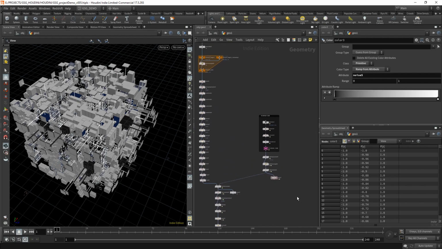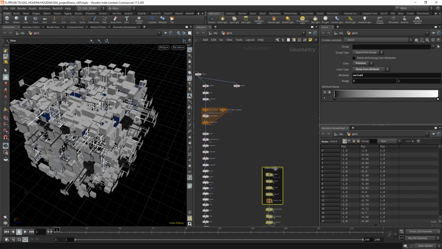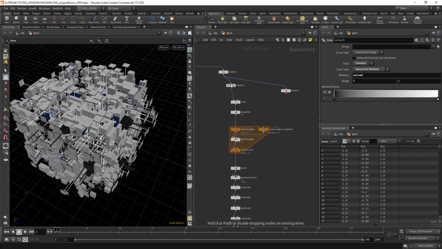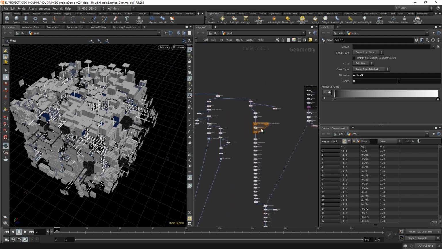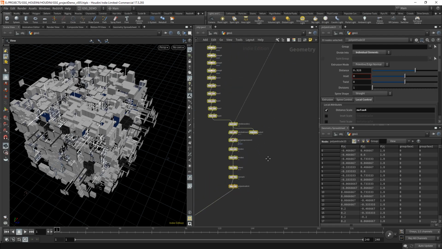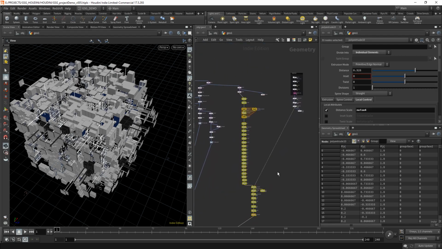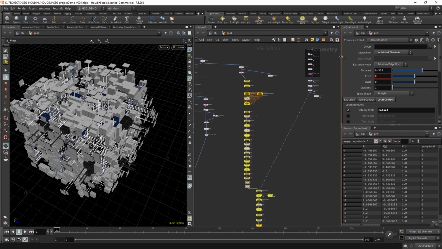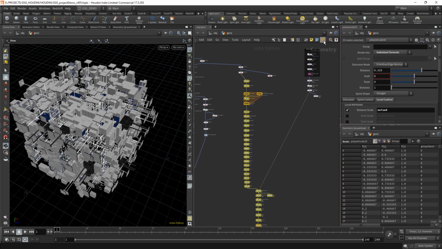So what I'm going to do is take these nodes and push them up here a little bit. I'm going to take this delete and push this over here. And we're going to grab everything below that delete node. We're just going to grab all of these things here. And I'm going to expand my window a little bit, and I'm going to come up here to this little box. And what this is going to do is take all of the nodes that we have